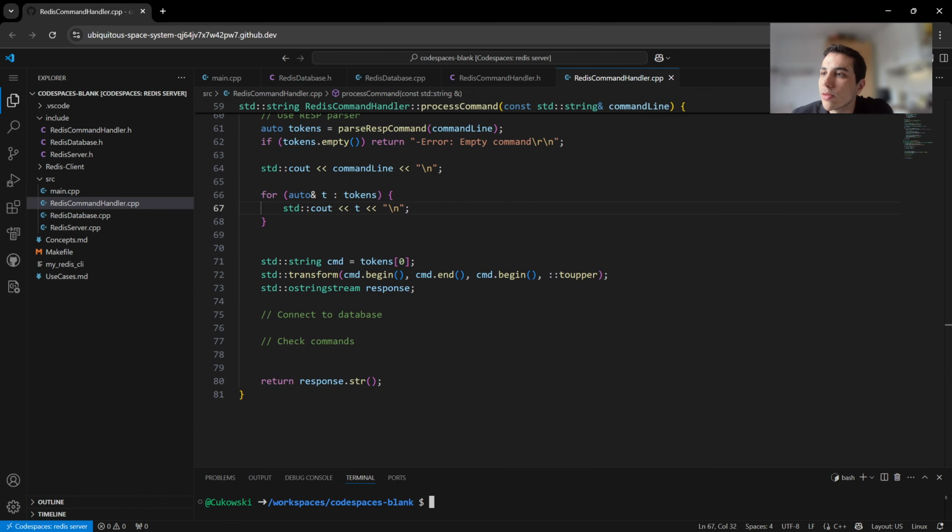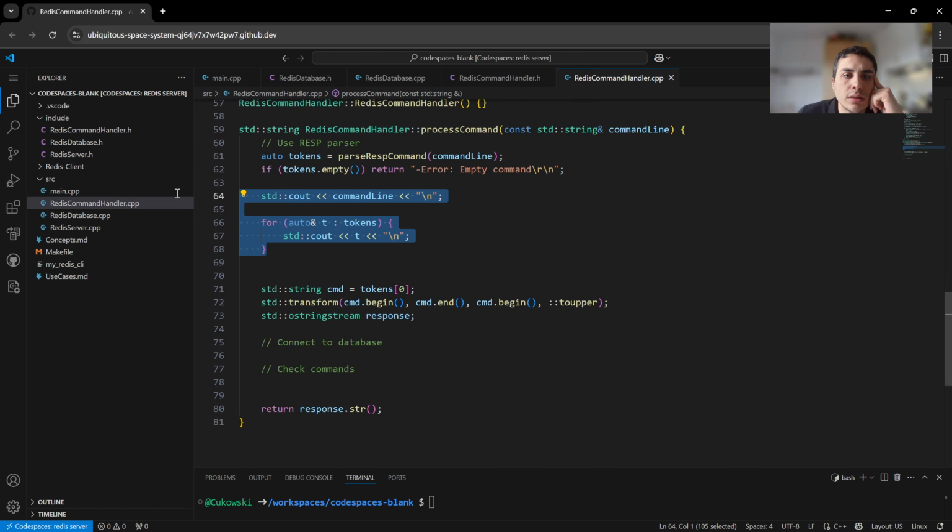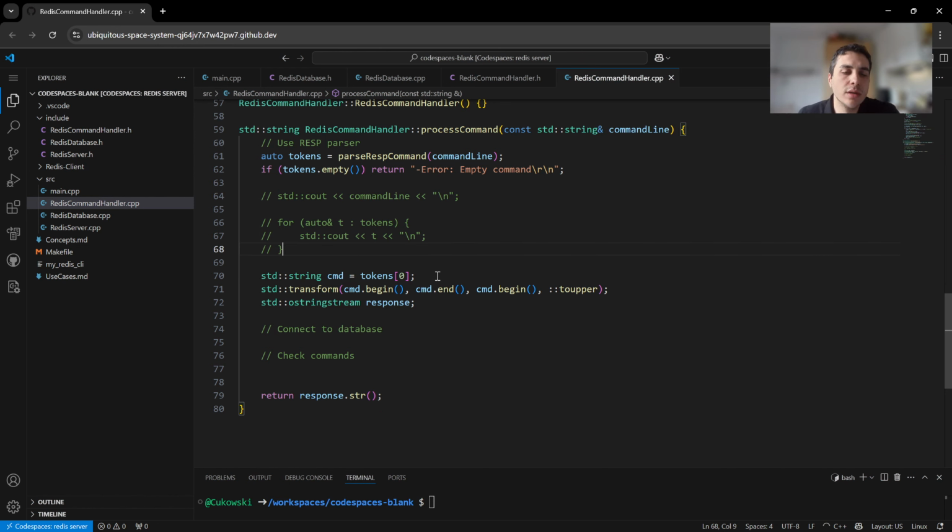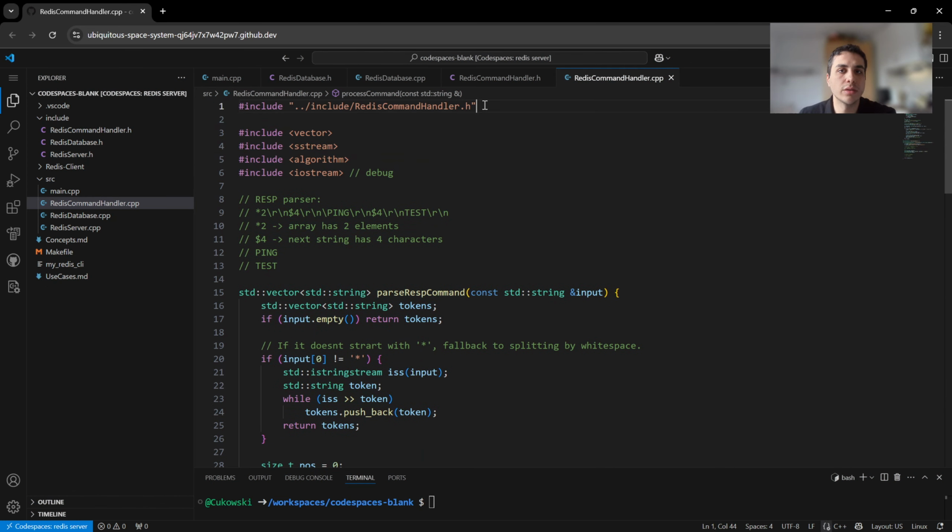And in the process command, after we get the response, for debugging I can just comment them out. We get the commands, which is tokens. The first token, index 0. We are transforming them to uppercase. Good. This will be our response,